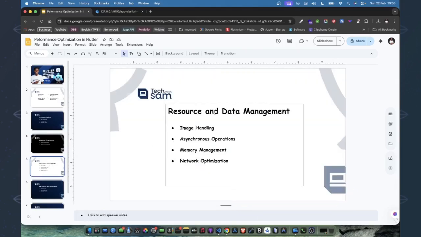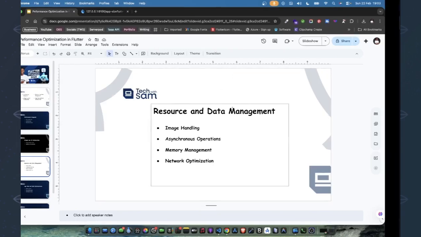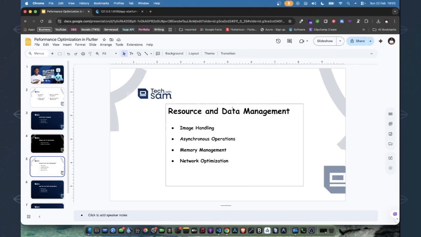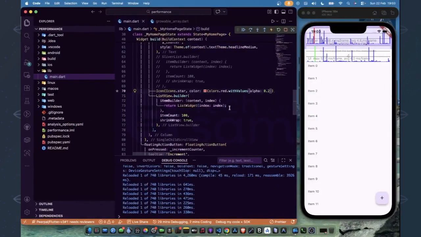resources and data management. When we talk about resources and data management, actually this is kind of much. Resources and data management has to do with when we are working with the internet basically. So we have image handling, asynchronous operation, memory management and network optimization. When we talk about image handling, the first thing is, if you are fetching an image from an endpoint, or loading an image from network, instead of using Image.network